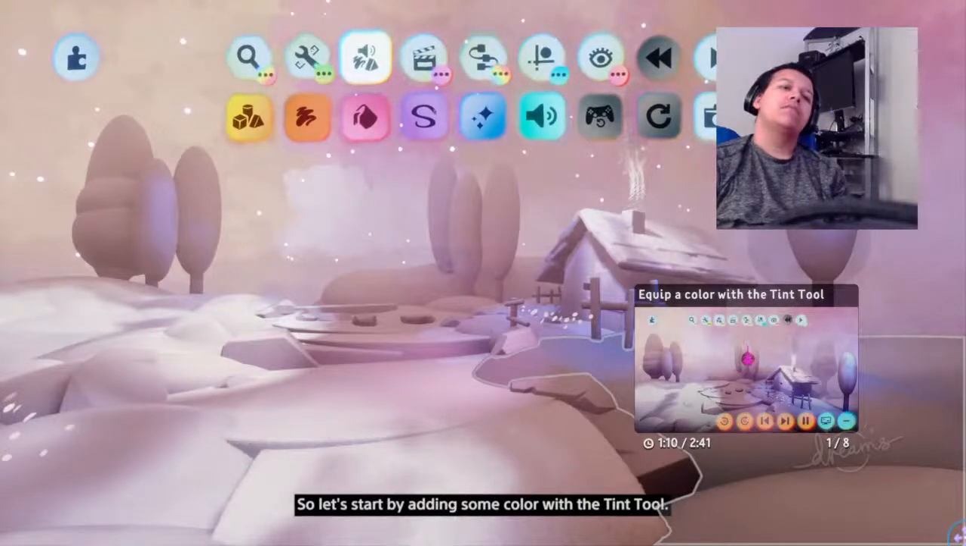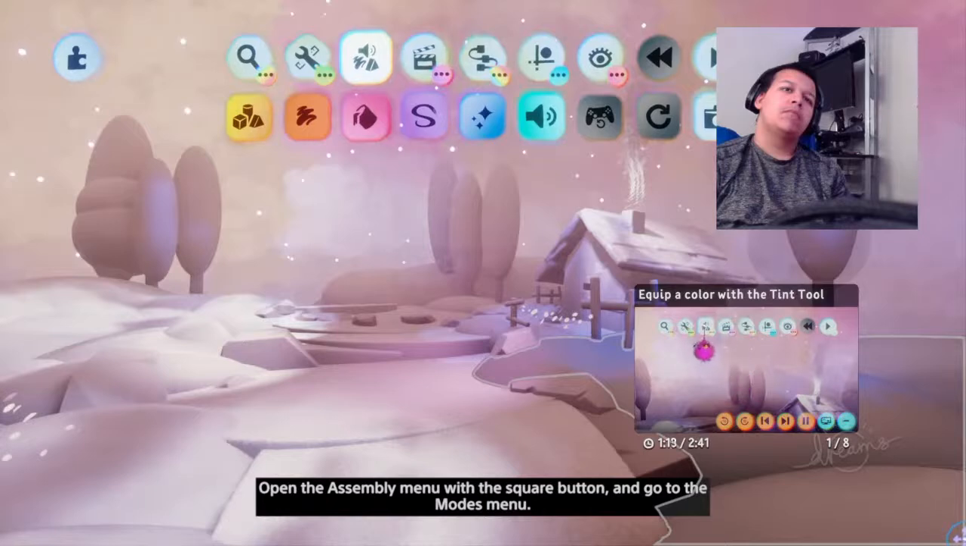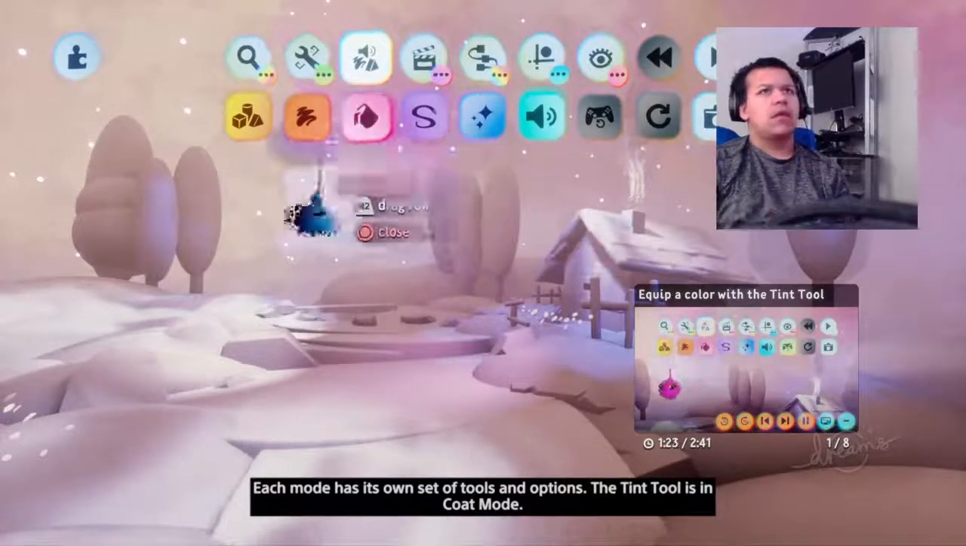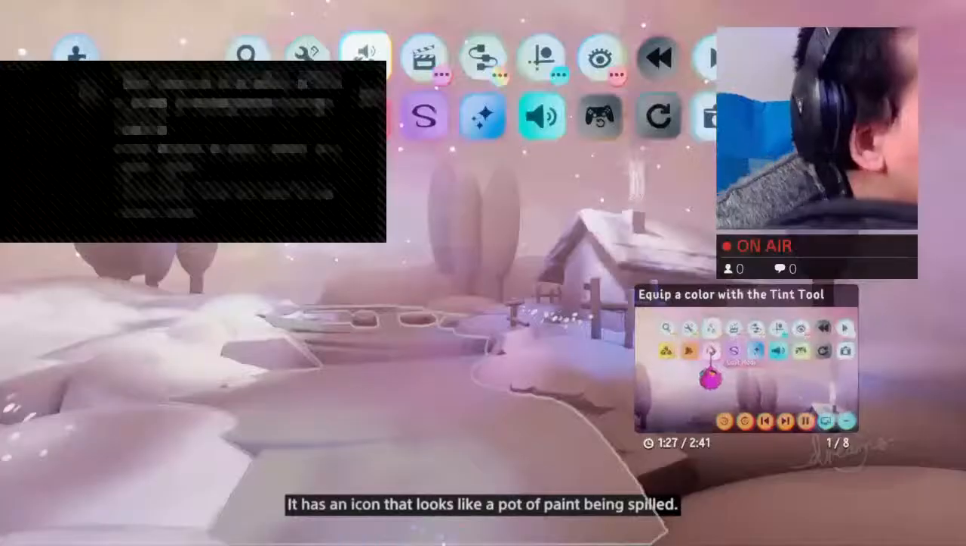So let's start by adding some colour with the Tint Tool. Open the Assembly menu with the square button and go to the Modes menu. Each mode has its own set of tools and options. The Tint Tool has an icon that looks like